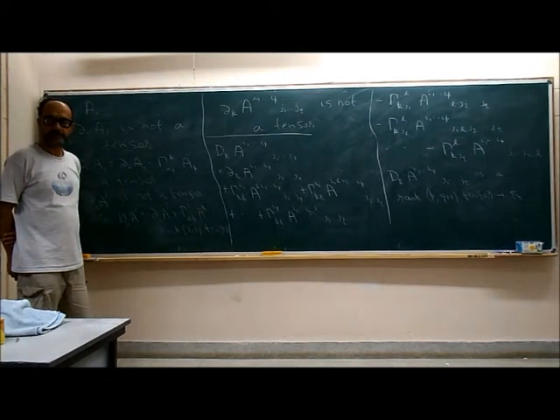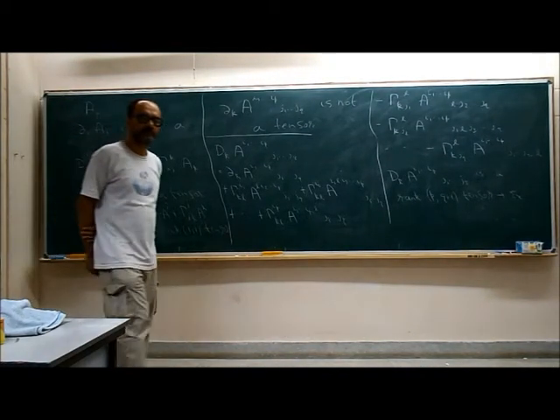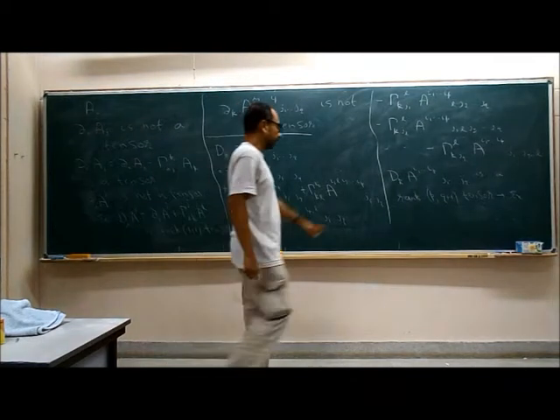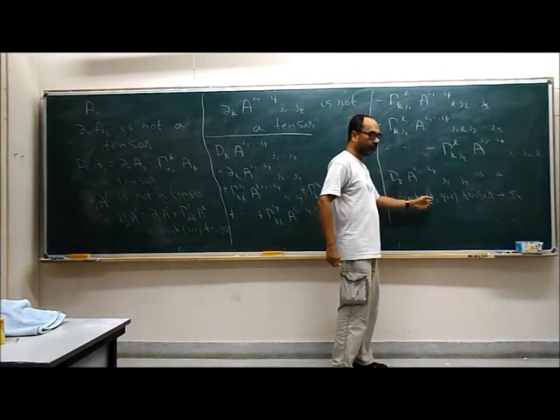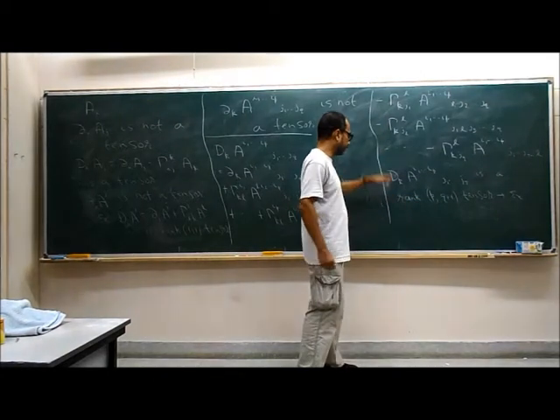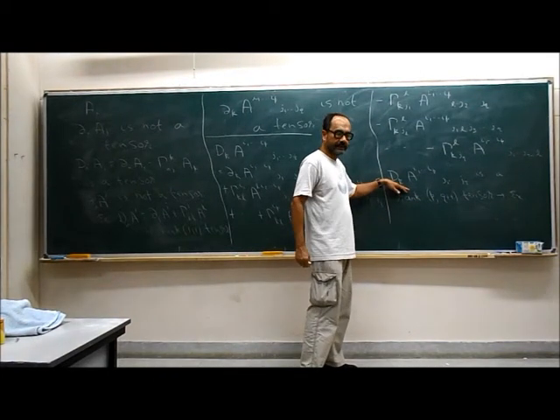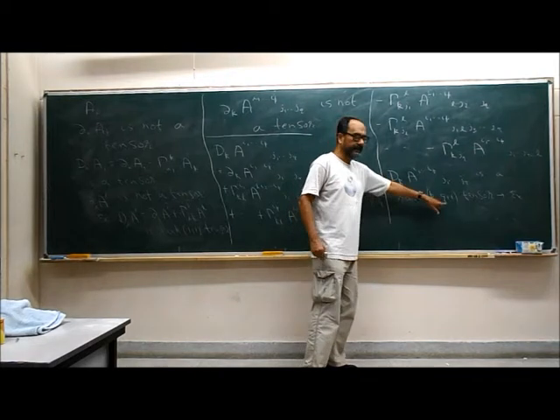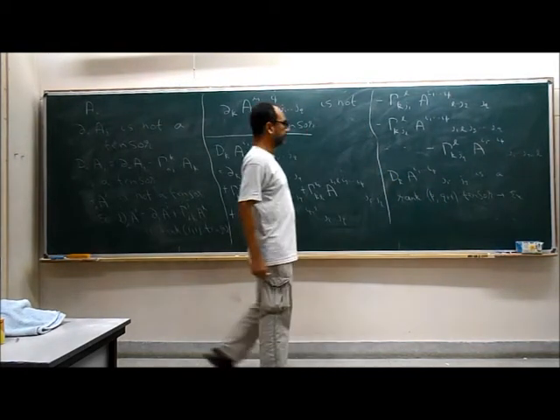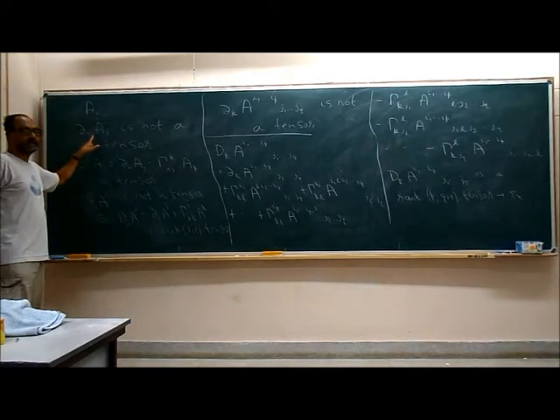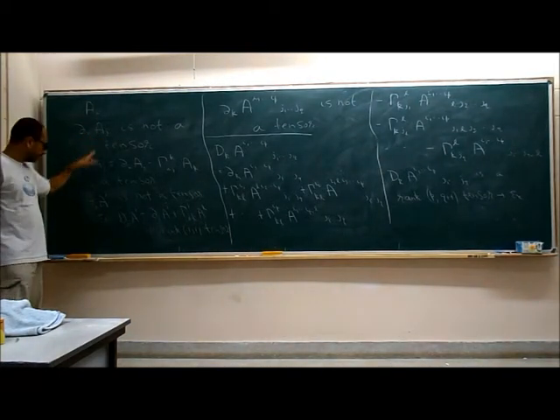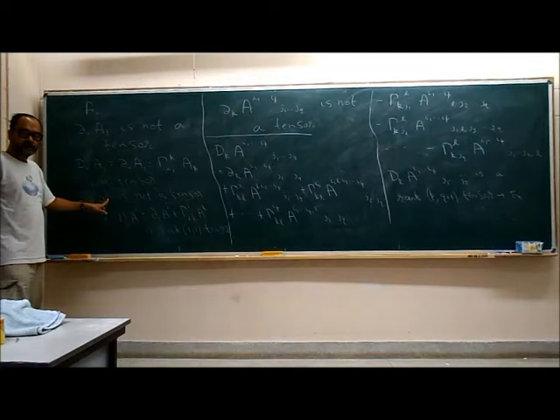Is this okay? Sir, why is it q plus 1 then? Because there is q already and then one more index has come. Yes, that's why it's q plus 1. Because the derivative always acts as a lower index, you always increase the second index. For example, here you start with rank 0,1 and you get rank 0,2. Here you start with rank 1,0 and you get rank 1,1. So it always increases the rank.